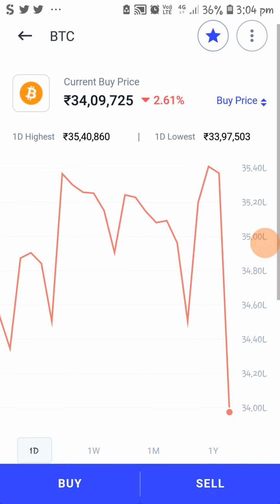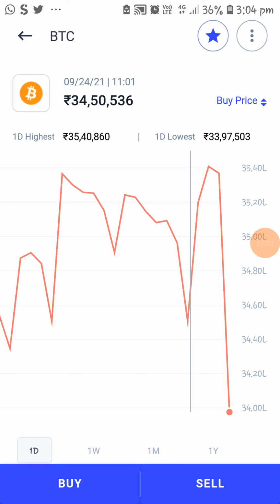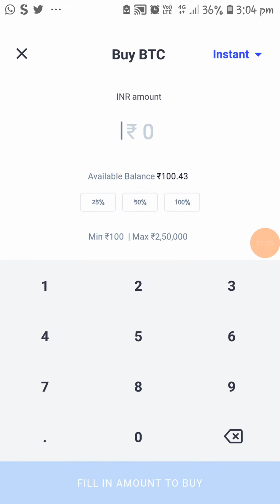Oh my god, it has fallen very much last month, but I am going to trade in this one. I just buy for 100 rupees only, and I will hold for a very little time. Today I will see at the end of the day what price it closes at. Otherwise I will hold this for 1 week or 1 month.